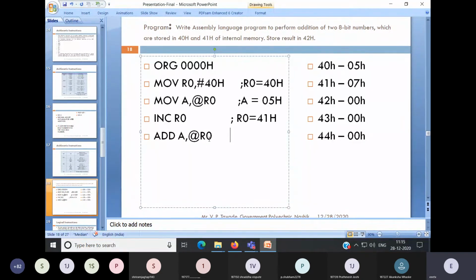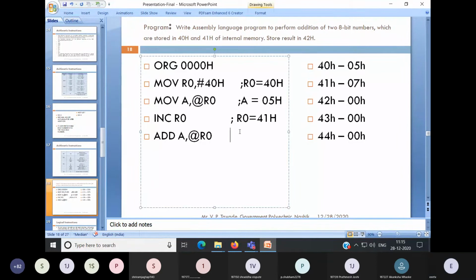And I'm using the fourth version of this addition instruction, that is the indirect addressing mode, ADD A, comma, @R0. It means it will perform the addition of data which is in 41H, that is 07, and data which is in the accumulator, that is 05H.